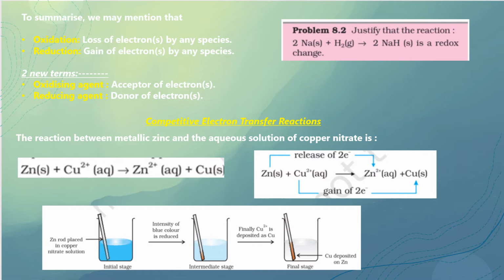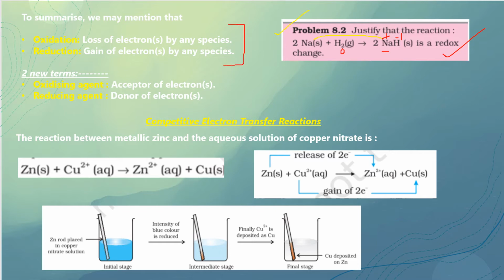If I had to answer this, that justify that the given reaction is a redox reaction. So I'll simply see that Na metal is changing to Na+ in the reaction, and hydrogen from the elemental form is changing to H with a negative charge, because whenever hydrogen is getting bonded to any metal, it will always have a -1 charge. Now you can see the sodium is losing electron, hydrogen is gaining electron, so this is a redox reaction, justified. So now we have understood the definitions clearly.